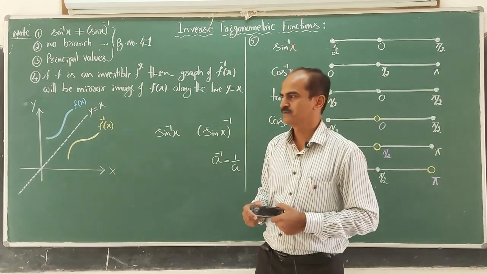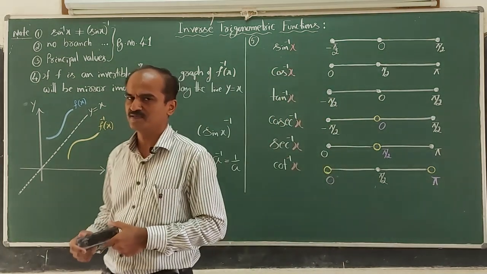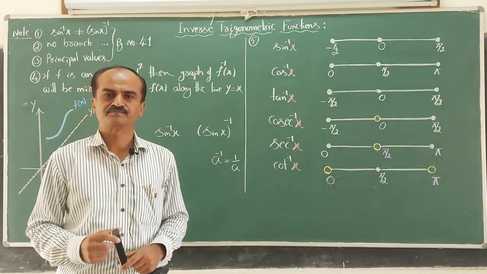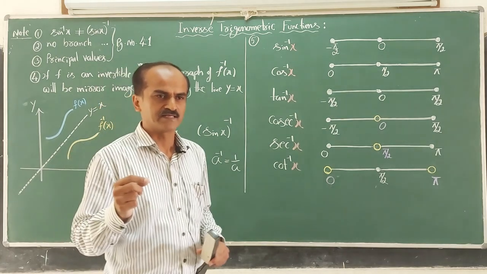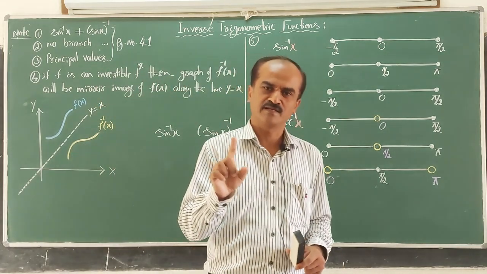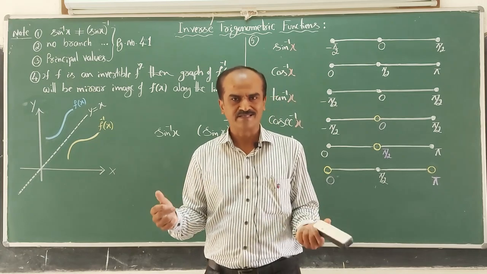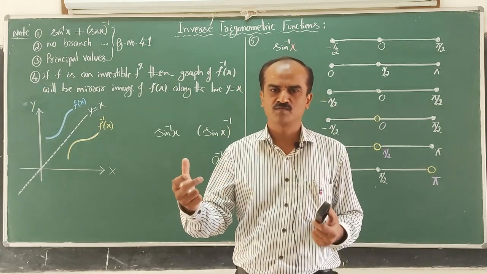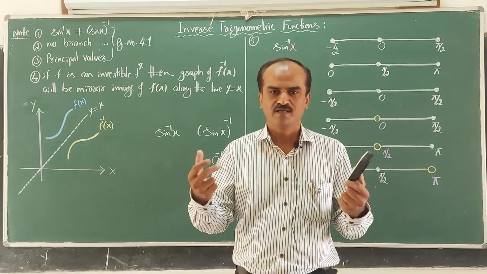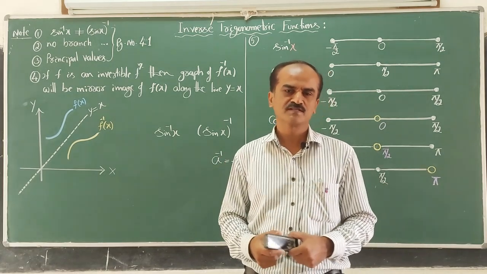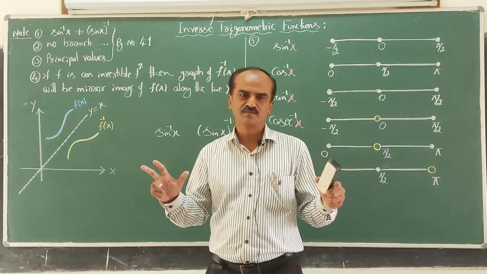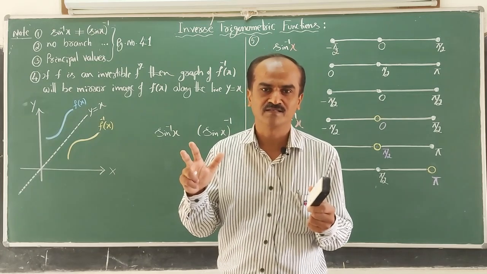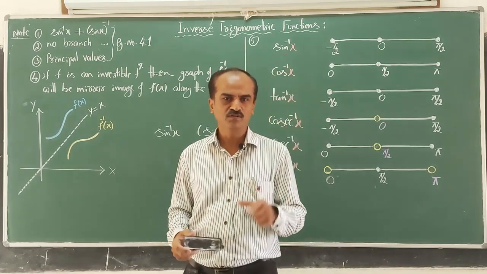Now, there is one interesting property here of inverse trigonometric functions, of any inverse of a function. If you consider a function which is invertible, means its inverse exists, and we draw the graph of both the functions, one is f, another is f inverse, in the Cartesian plane, you will observe that one is the mirror image of the other along the line y equal to x.